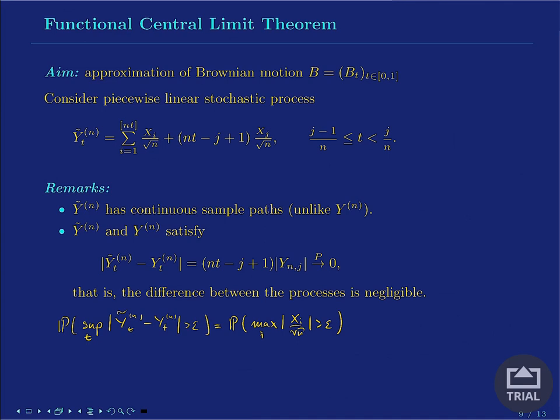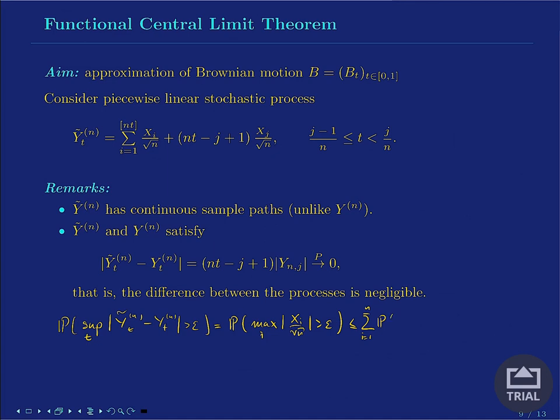And the largest value being larger than epsilon means that at least one of these xi's must be larger than epsilon, and so that is here actually the union of the events where one of the xi's over square root n is larger than epsilon, and the probability of the union can be bounded by the sum